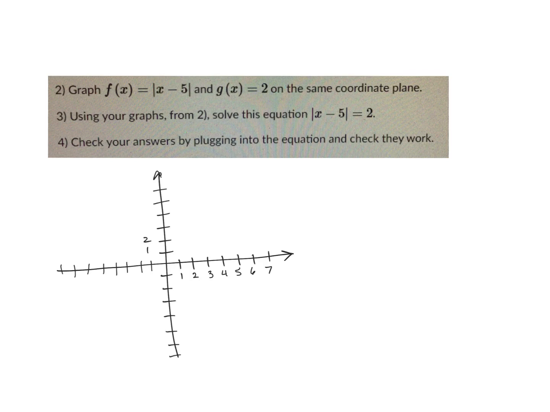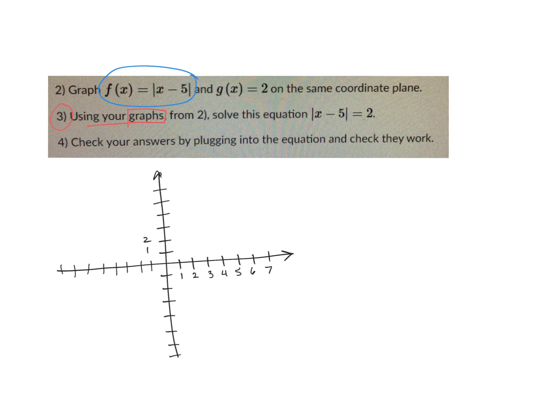All right, I just wanted to show you for our check-in what I was expecting for number 3 in particular, how it says to use your graphs. A lot of you were solving the absolute value equation. You were doing it correctly, but I wanted you to use your graphs to really see the relationship between the graphs and the equations. So the first thing that it asked you to do in number 2 was to graph